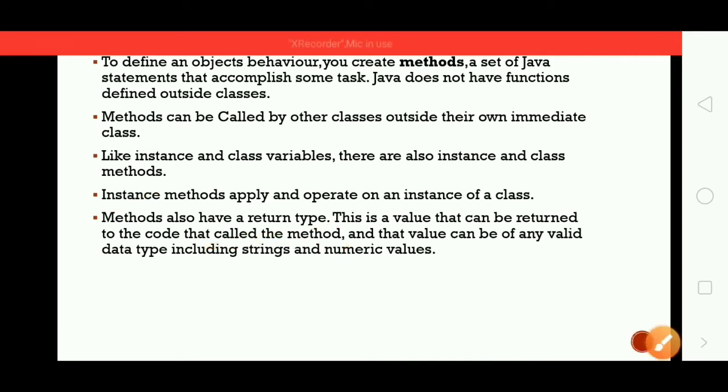Okay, for example, the stop method. If I call the stop method, the value is going to be returned to the called method, stop.